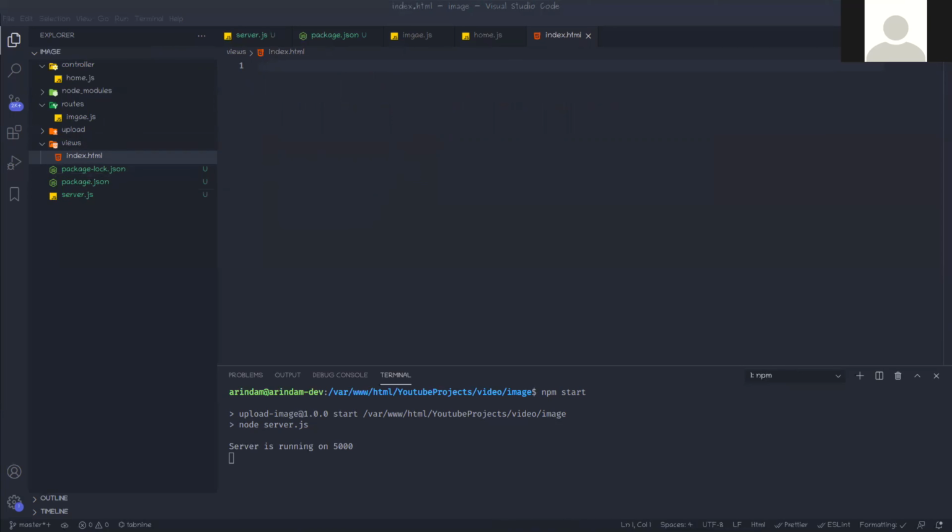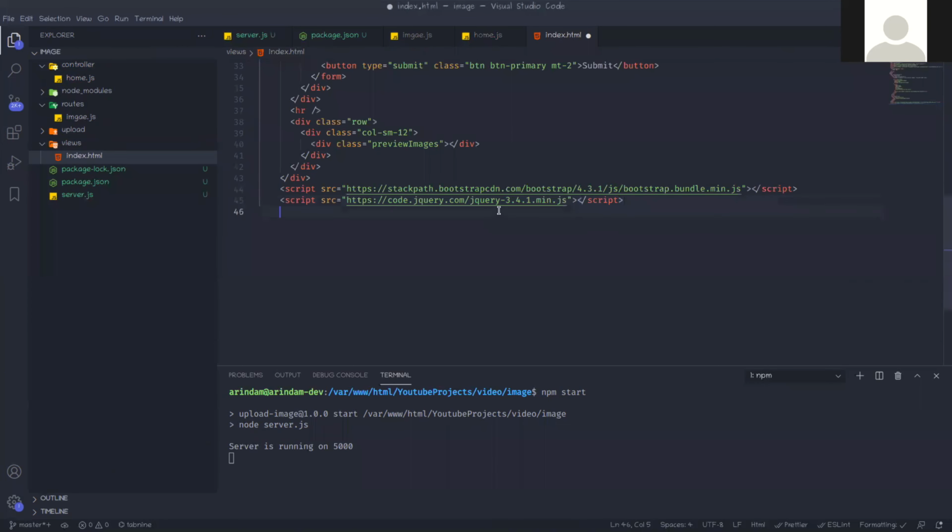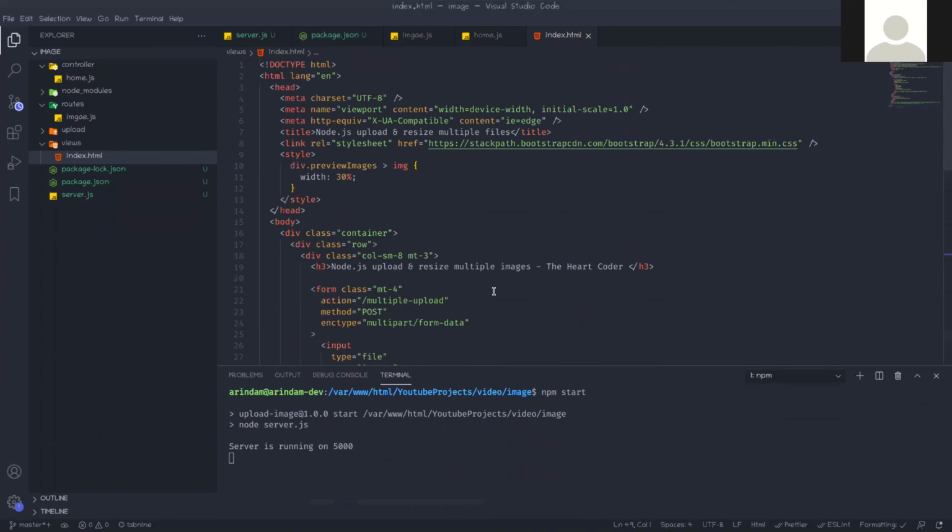I'm using Bootstrap. You know about Bootstrap CDN. This is Node.js upload and resize multiple files. Okay, you can upload multiple files here.